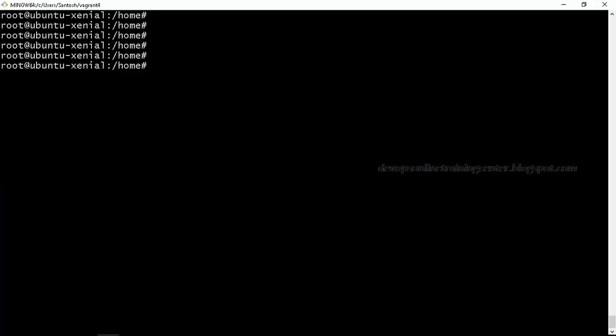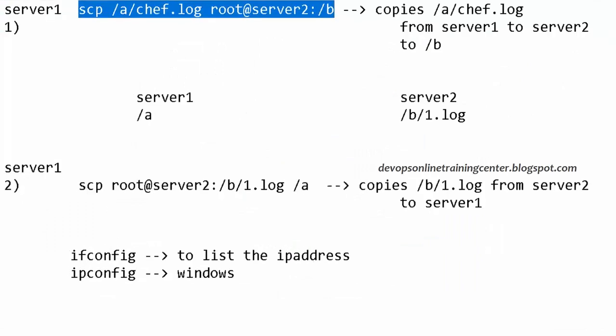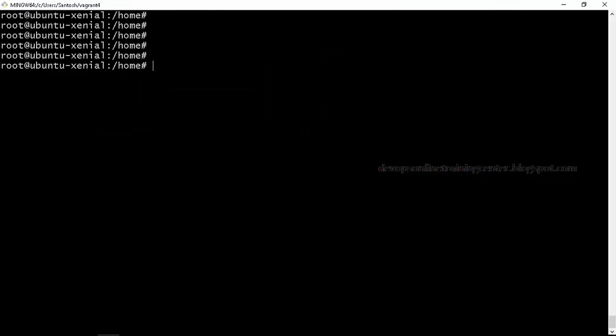So what is the command to download a package from the net to a Linux machine? wget is the command to directly copy a file from the internet to the Linux machine, right?